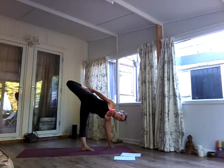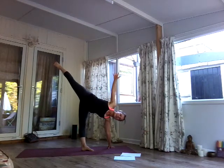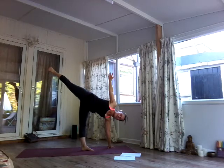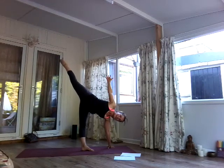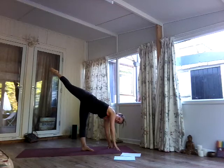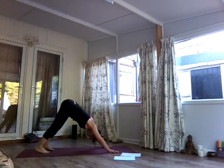2, 1. Now from here, extend the left leg back, extend the left arm up, Ardha Chandrasana. 1, half moon. 2, 3, keep lifting that leg. 4, 5, bring the left hand down, step the left leg back, step the right leg back, come into down